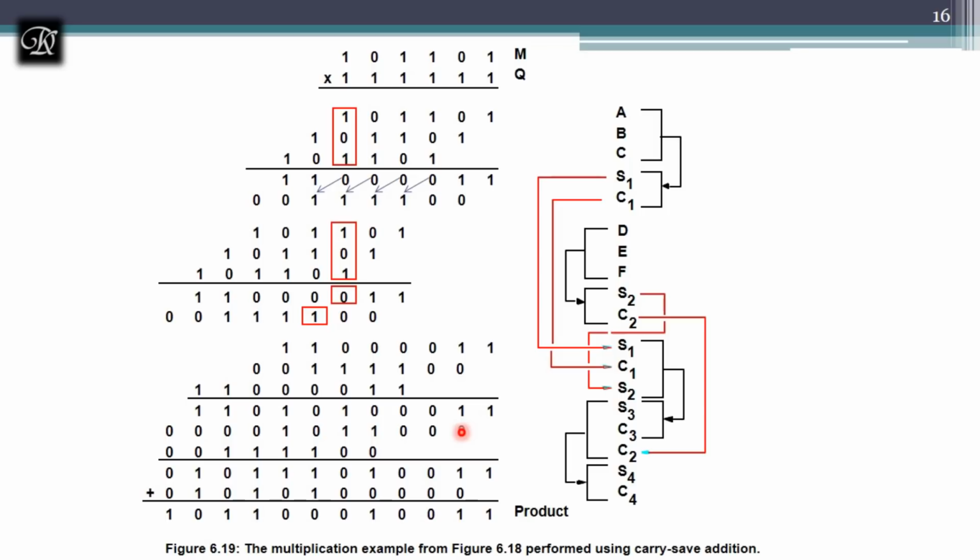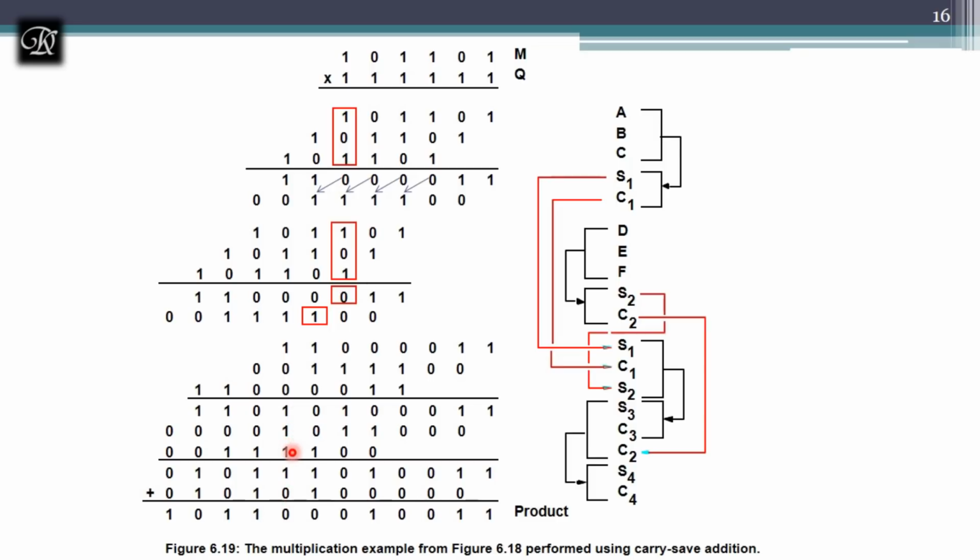Now to group them, I need a support from C2 also. So I am deriving C2 as it is. That is 0 0 1 1 1 1 0 0. So I got 0 0 1 1 1 1 0 0 at the same bit position. Now again let me add. It is 1 and carry to the next level is 0. 1, next level is 0. 0, next level is 0. 0, next level is 0. 1, it is 1 and next level is 0. 1 and 1, it is 1 0. Here 0, carry to the next level is 0. And 1, it is 1 and carry to the next level is 0.